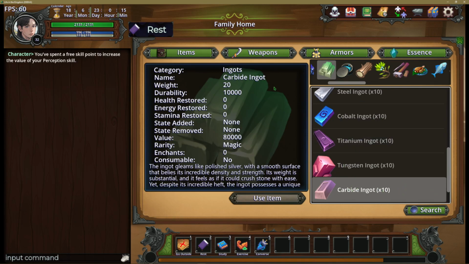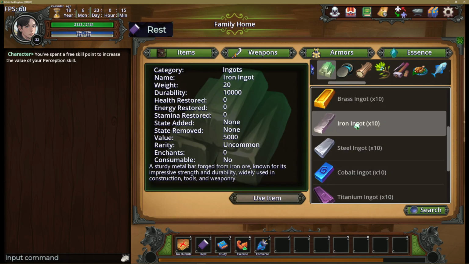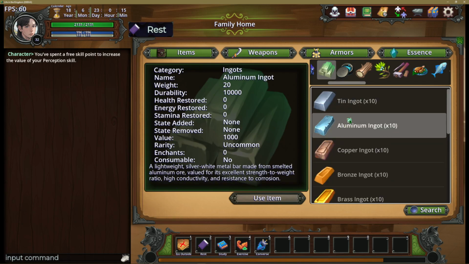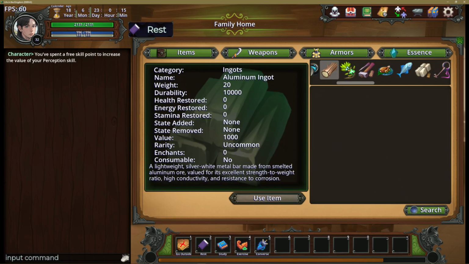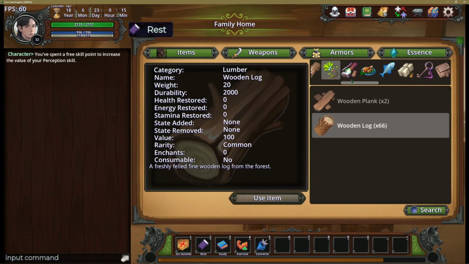For this one, this carbide ingot, it's set to magic rarity, so it's got a blue icon on it, and the uncommons are green. And then down, if we go farther, I think we don't have any regents. Do we have any lumber? We got some lumber. See, these are just common items. They've got the white color background. But basically, we've got